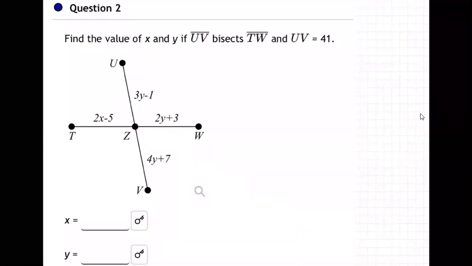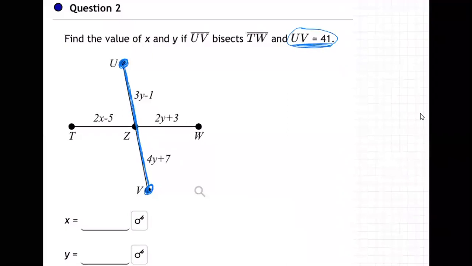Okay, so on this one, it's saying find the value of x and y if UV bisects TW and UV is 41. Well, really, what we should do first is this right here, because they're giving us just a nice clean number. Let's do that. That's UV. That's from here to here. It's this whole line segment